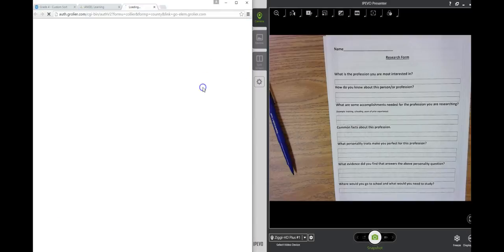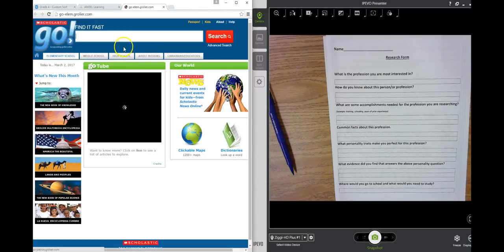So if I start at the top, I click on the resource and type in the profession that I want to learn the most about. We're going to look at our number 1 profession on the Excel spreadsheet that we created, because that's the profession that I want you to research, the one your spreadsheet ranked as number 1. So obviously mine is a teacher, because that's what I became, so I'm going to type in teacher